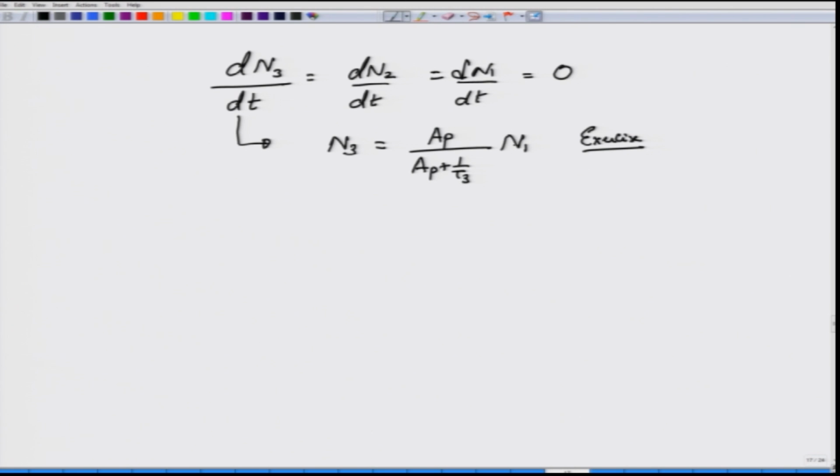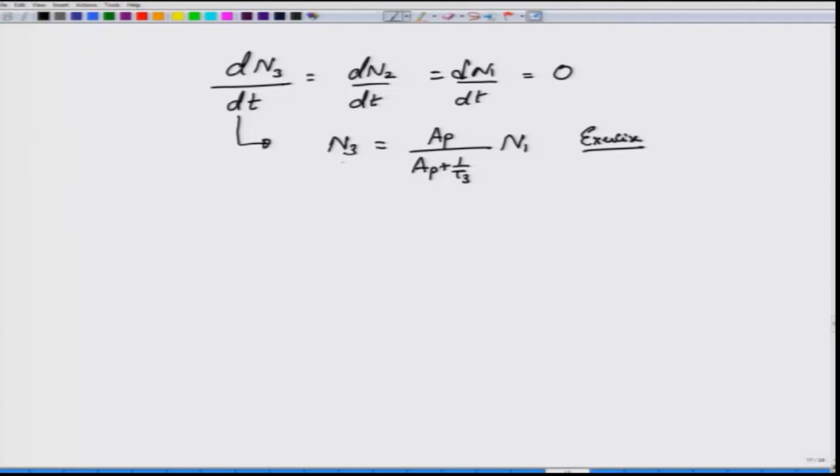Now, typically what happens is that once the pumping is critical, okay, n3 will be much smaller than n1. Of course, n3 was always smaller, but you would have expected that because there is absorption, n3 can become higher than n1, but in the steady state condition that would not be so, because most of them would be absorbed. Atoms from E1 to E3 would have dropped down to E2, okay, because of the spontaneous decay from 3 to 2. So, effectively in the equilibrium condition, the population level N3 is quite small compared to population level N1, but N1 itself should be smaller than N2.